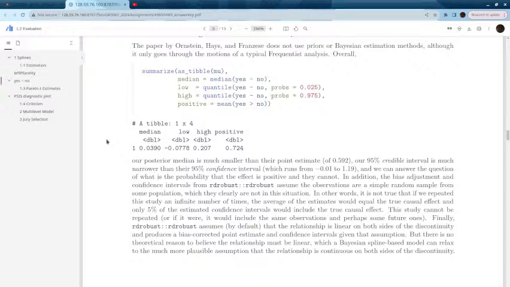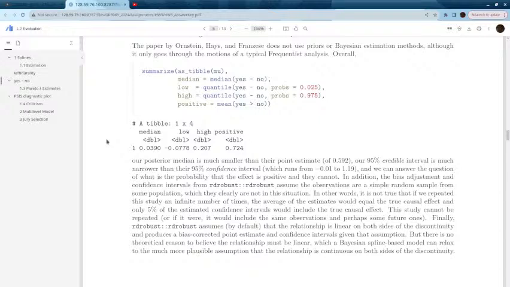And so this 95% credible interval has a width of less than 0.3, as compared to the 95% confidence interval in the paper, which goes from negative 0.01 to like 1.19, so a width of 1.2. So basically speaking, their 95% confidence interval is 4 times as wide as our